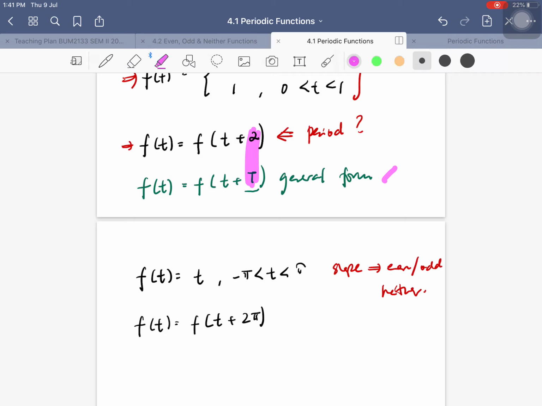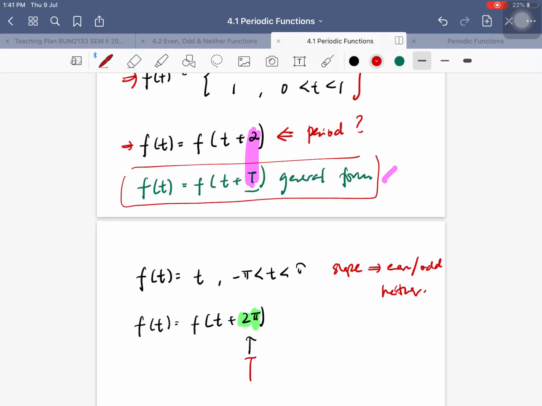And straight away we know what the period value is for this one. The period value is going to equal 2 pi, because this is the general form. Whatever value goes before the closing bracket, that is going to be your value of the period. In terms of notation, this is how a periodic function is written. Okay, now let's get back